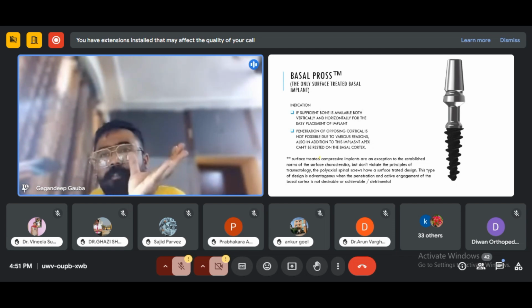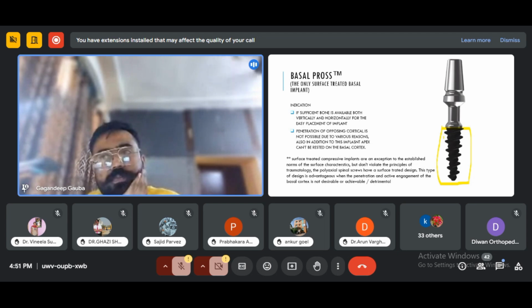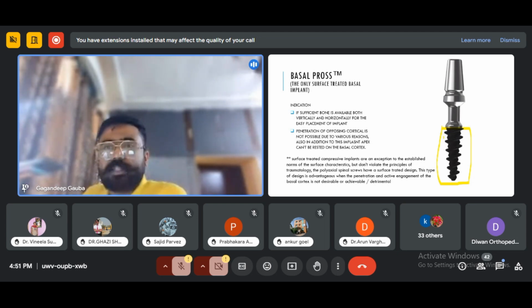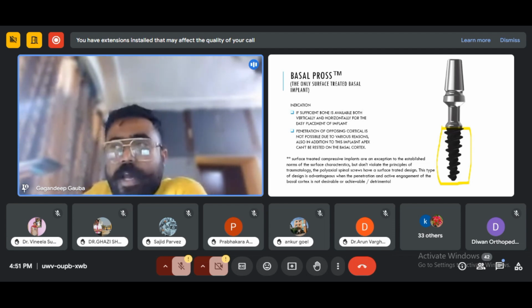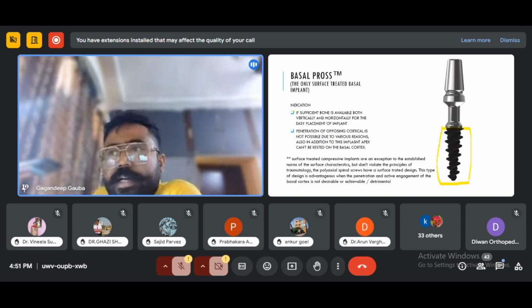Ideally in basal implantology the implant should be smooth surface, but this rough surface treatment is not a violation of the principles of basal implantology. In spinal screws we don't perforate the second cortex when we are placing polyaxial screws in spinal implants. So this kind of design is used, and the dental indications we will read: